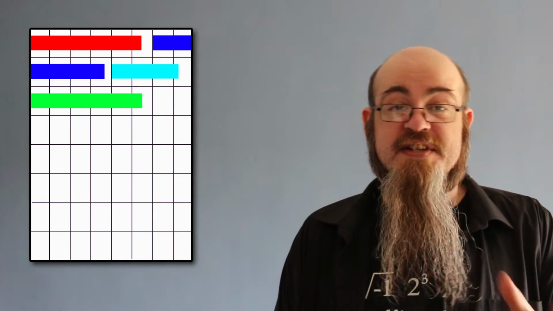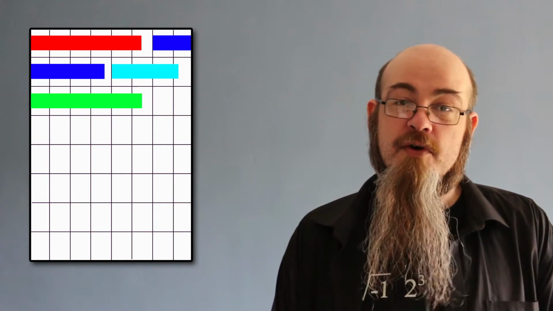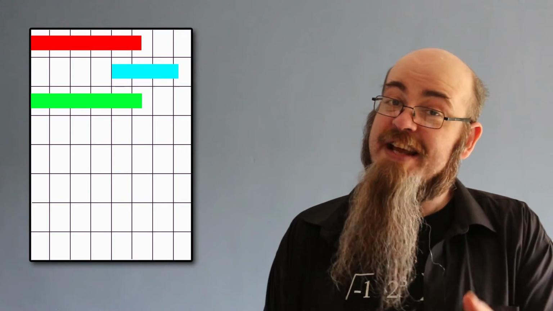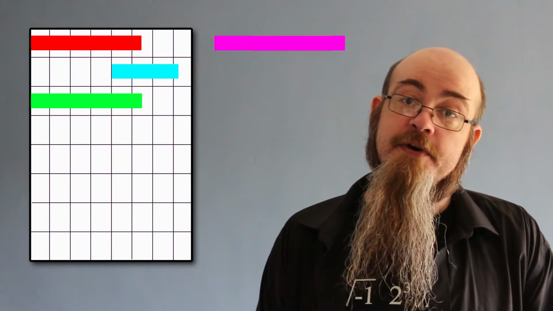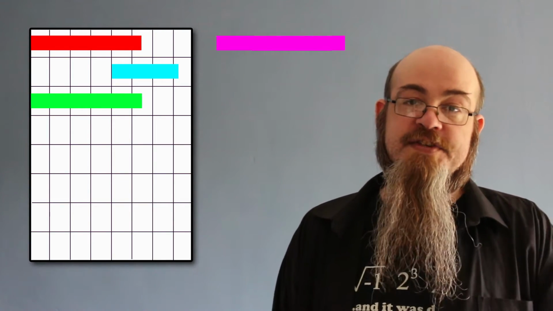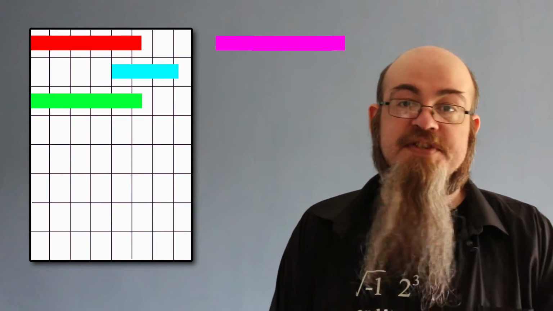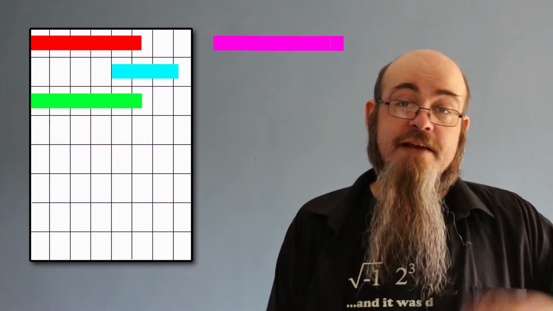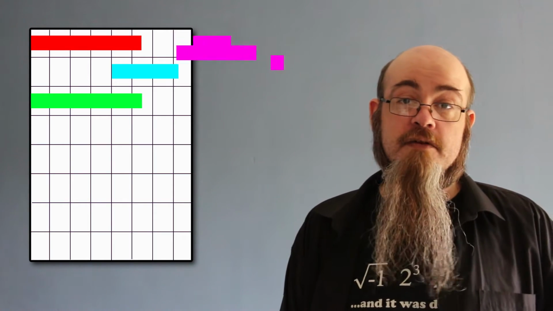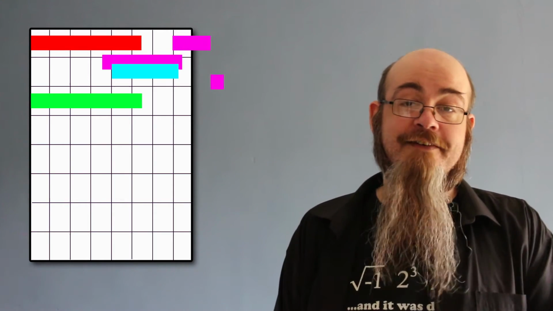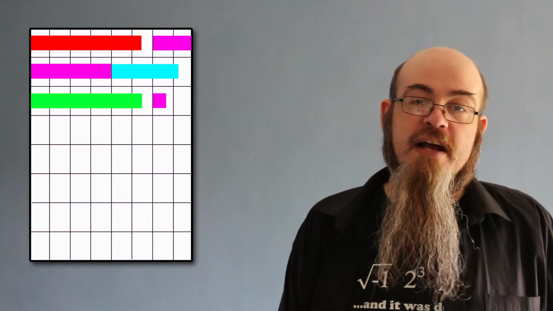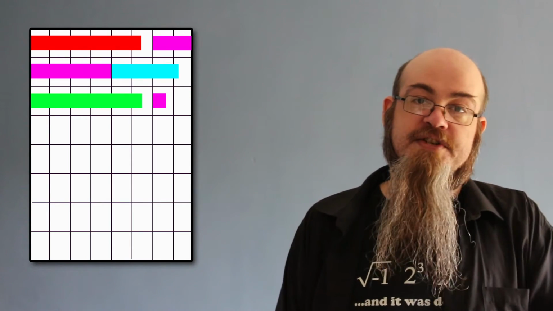Now at this point we decide we don't want file 2 anymore, so we delete it. So what do you think happens if we add a new file at this point? We don't want any complicated decision making that might delay the storage of the file, so we simply start at the first available block. If there's not enough space for the entire file, we simply split the file and then carry on at the next available block, and we leave a little mark noting the position of the next part